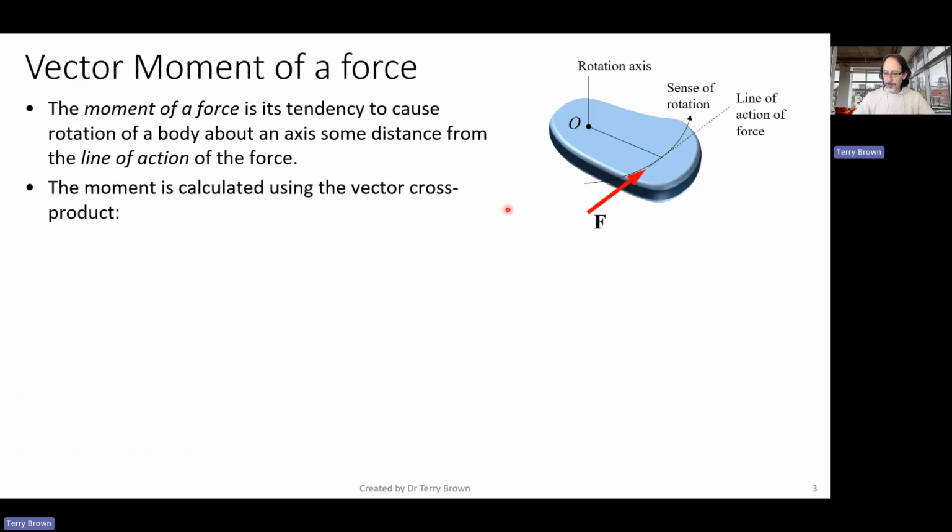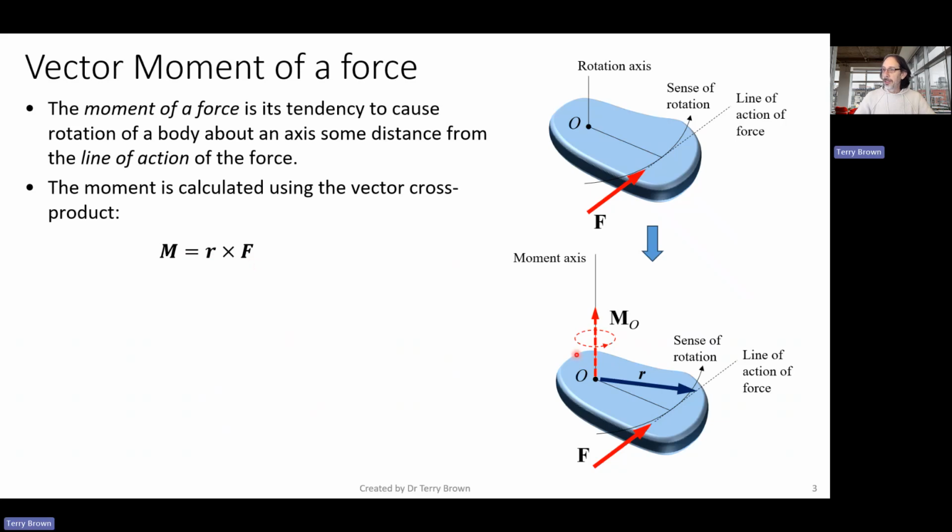In vector algebra, we use the vector cross product to determine the magnitude of the moment and the direction of the moment. Whereas when we looked at scalar formulation, we just looked at the magnitude, pretty much just force times distance, and the direction of the moment vector we didn't really talk about. So the equation for a moment in vector form is R cross F,